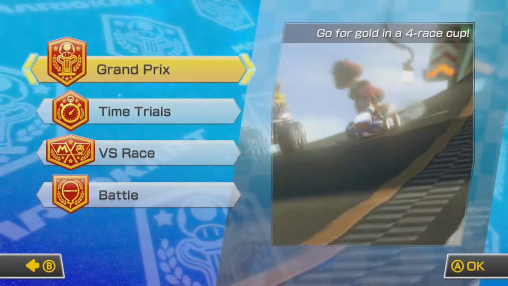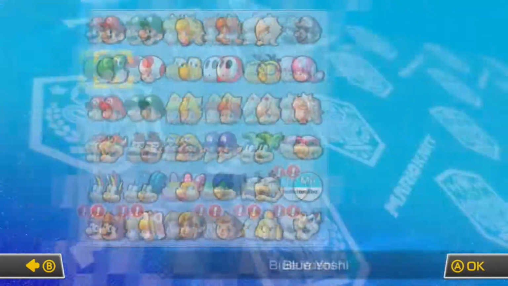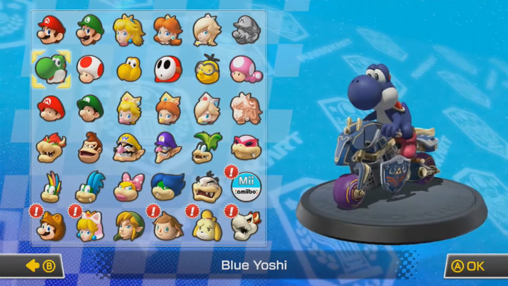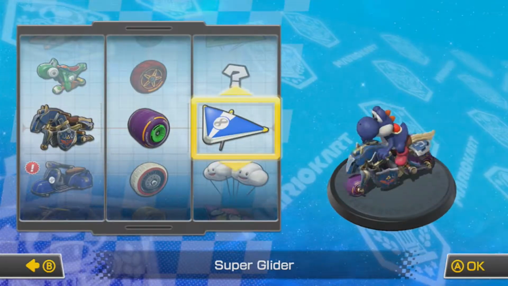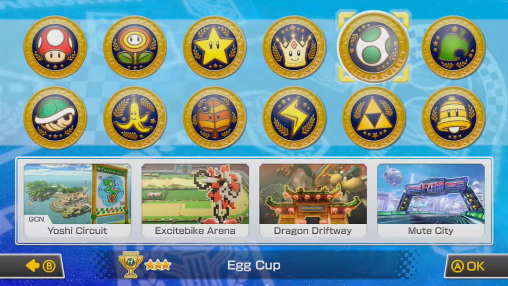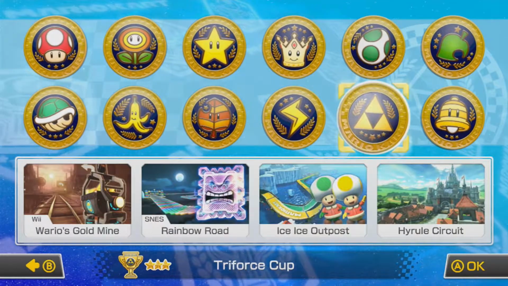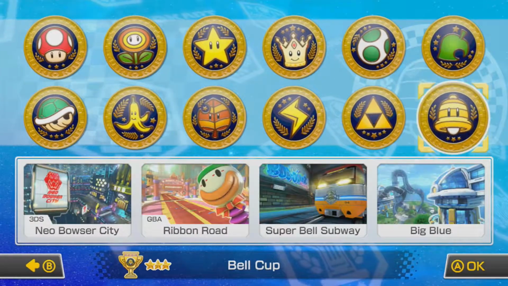In the last part, we finished all the tracks that came with the game. That's kind of an awkward way to word that, but that's basically what we did. In this part, we'll be starting on the DLC cups in the game. There's 4 of them, all these 4. So we'll be starting with the Egg Cup, and then that, then that, then that, because this was Wave 1, and this was Wave 2, so...